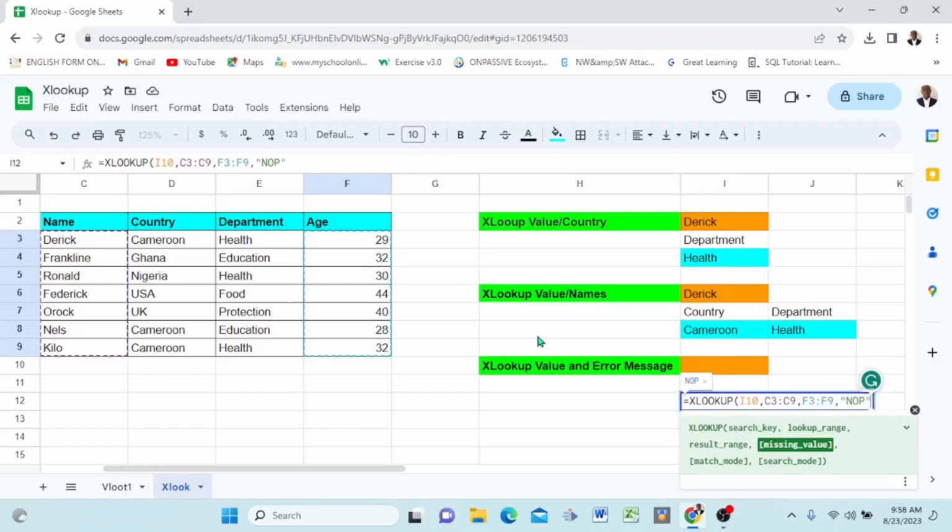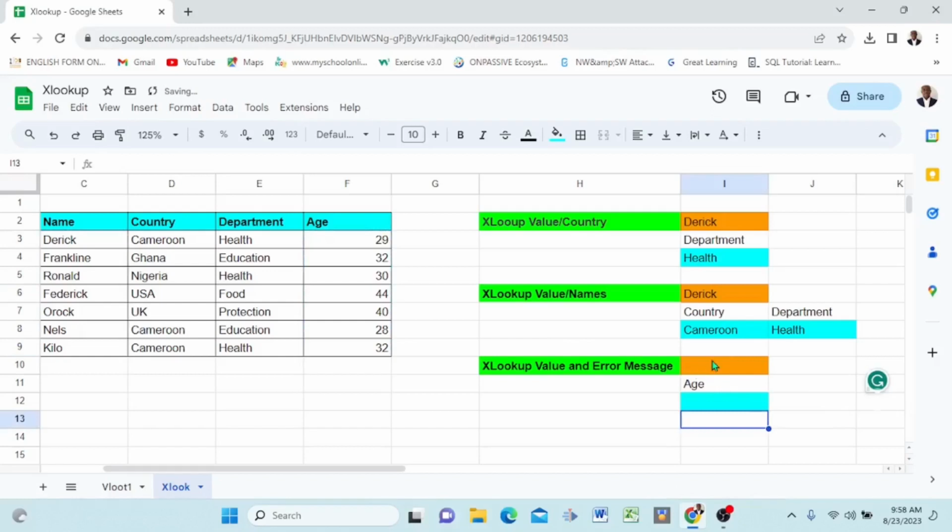Then make sure after your comma you have it inside a quote, and you close it and you put your bracket, and I press enter. Now there is something here. If I come here and I write a name that is not supposed to be here, you see that it's "nope." The default is "nope." If I come here and I write Derek